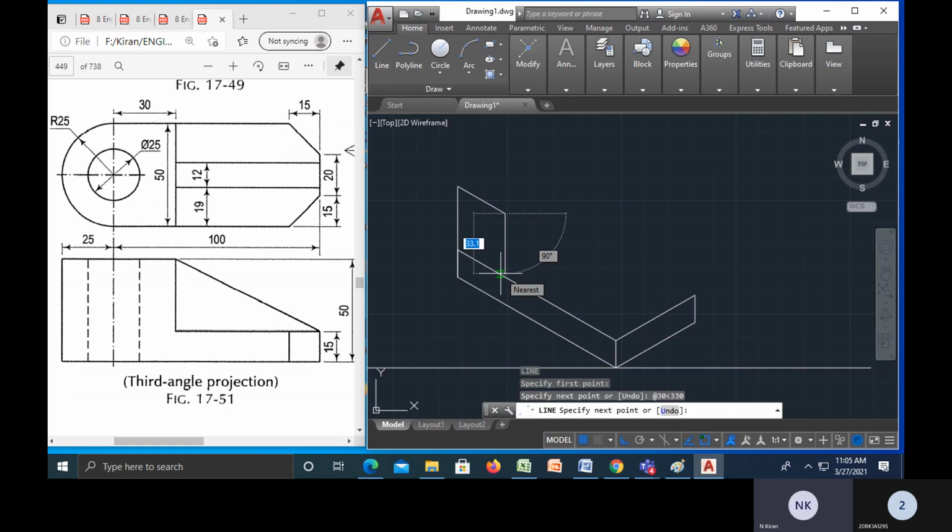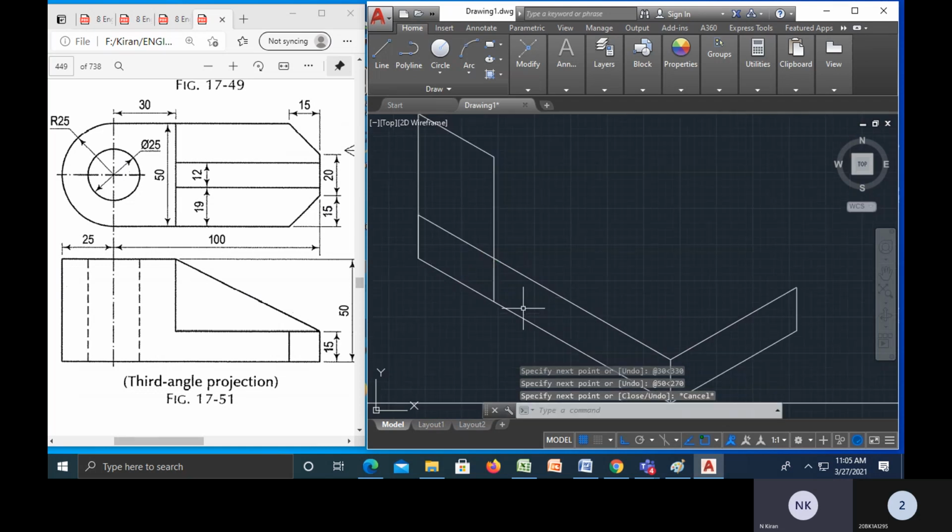And again, what is the height we have taken? 50 mm, 15 plus 20 plus 30, 50 mm, okay, and shift at the rate and angle 270, as I have to go downside. Okay, escape.